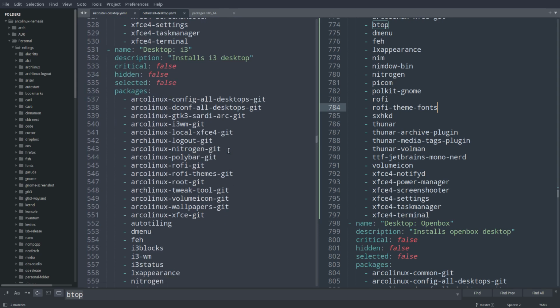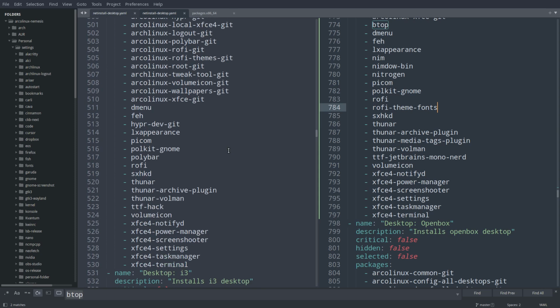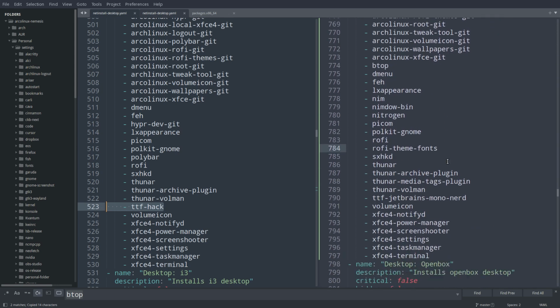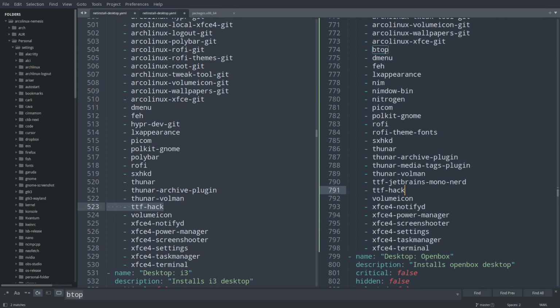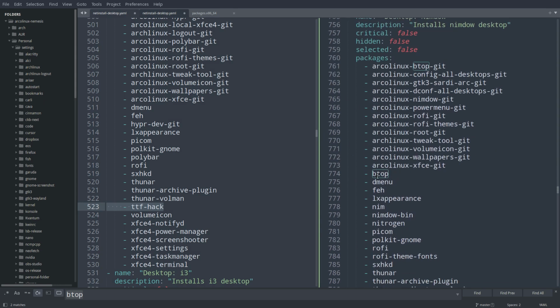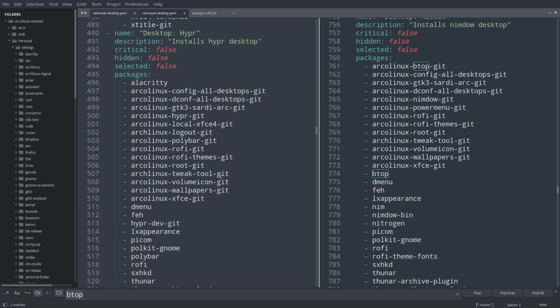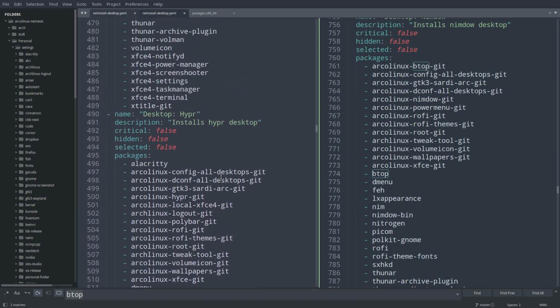important for us, no. And here as well, there's a TTF Hack, which is the Alacritty font. Oh yeah, if you want to have the font in ArcoLinuxD, right, it matters already. So TTF Hack, sure. And Alacritty is not in here as well. So I mean, we are assuming some of the things, and you can figure it out certainly when you're on